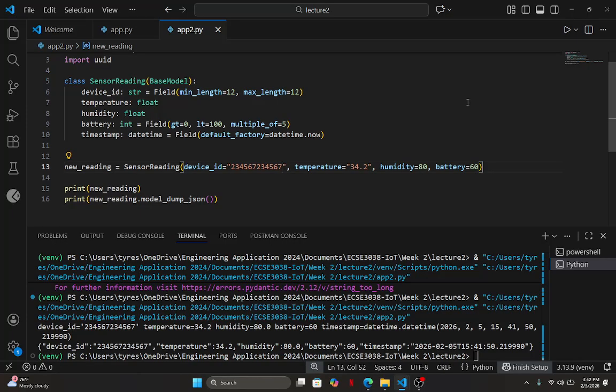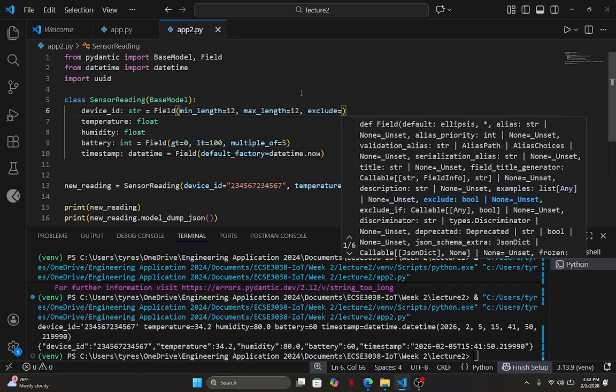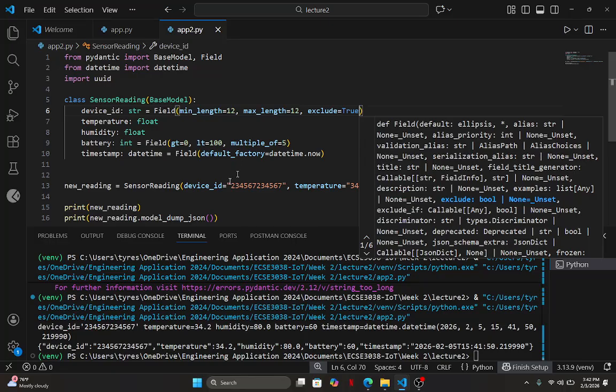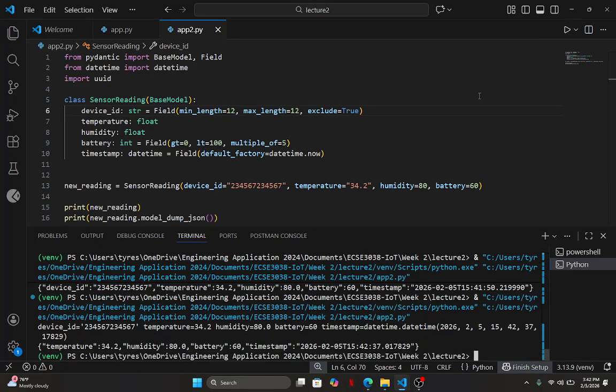Oh, you know what? I'm not sure when this would ever come up, but it might be useful. Suppose when you're returning the information back to the client, you don't want them to see the ID that you sent. I don't know why you'd do that, but you could specify that the ID should be excluded. So right now it says device ID is equal to this, but if I run this again, it does not include it this time. Device ID is not there because I told it to exclude it. It only excludes it when you're printing it back.